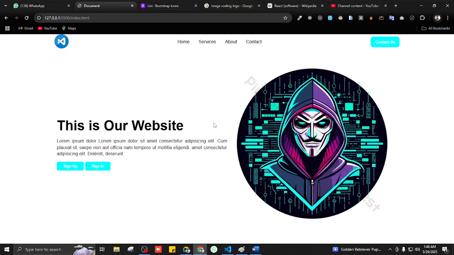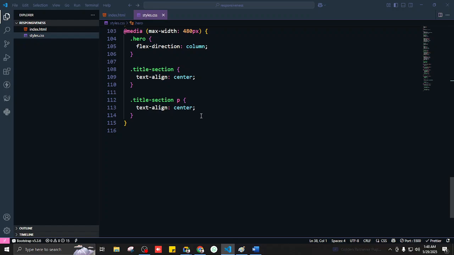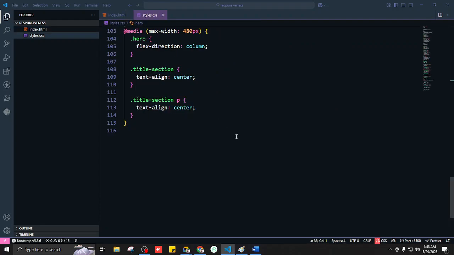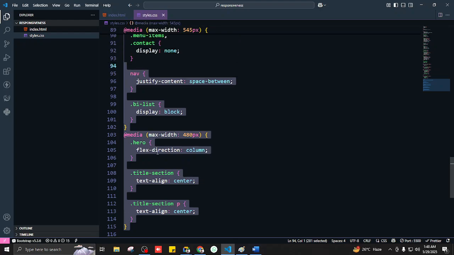But again, you don't have to do it. Okay, let me give you a head start. Like, for example, this is just two sections and we have around 300 to 400 lines, I guess 115 for this one and 200 to 250 lines for these two small sections. So when you have big websites, if you were to do this code like what we are doing here with media queries,